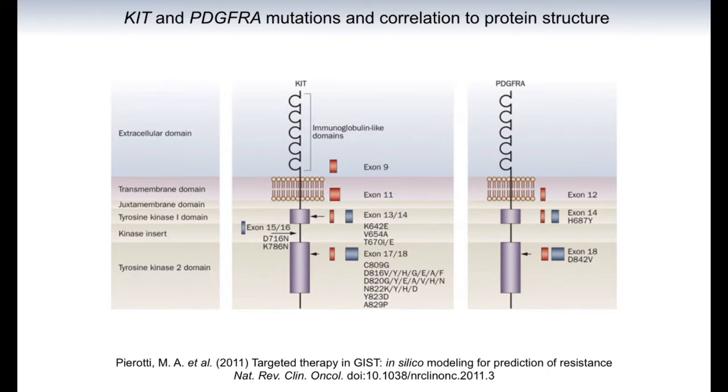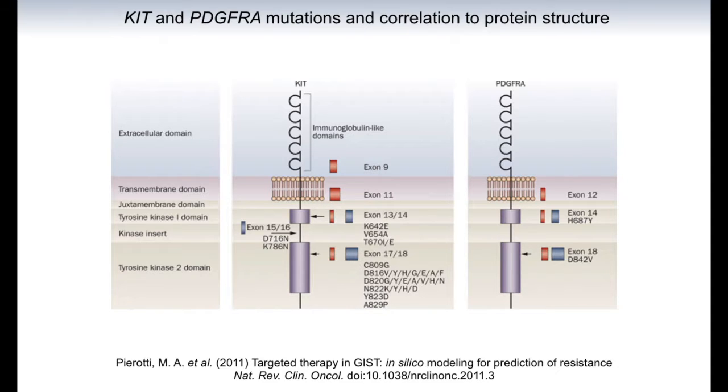This is another complicated slide, but essentially what it shows is kind of a subway map. It shows the KIT protein. I almost have it here. There it is. I found it. So this is the KIT protein. Quite a bit of the protein is actually outside the cell. Some of it is in the cell membrane. This part here, where exon 11 is, is called juxta, next to the membrane, and there's a bunch of it inside